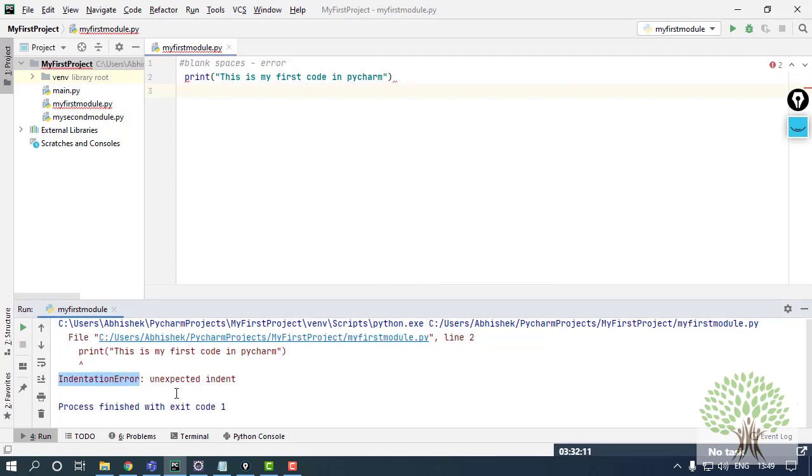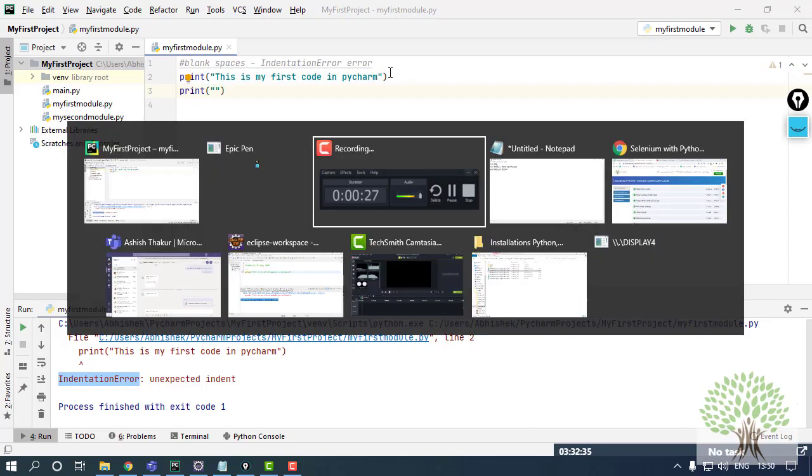Indentation error. Why? Because the space that I'm giving over here is not required, it's unnecessary and is also not allowed. So you have to be very particular about some things in Python. In the same way, suppose I have a print statement which is quite long and I want to print it.